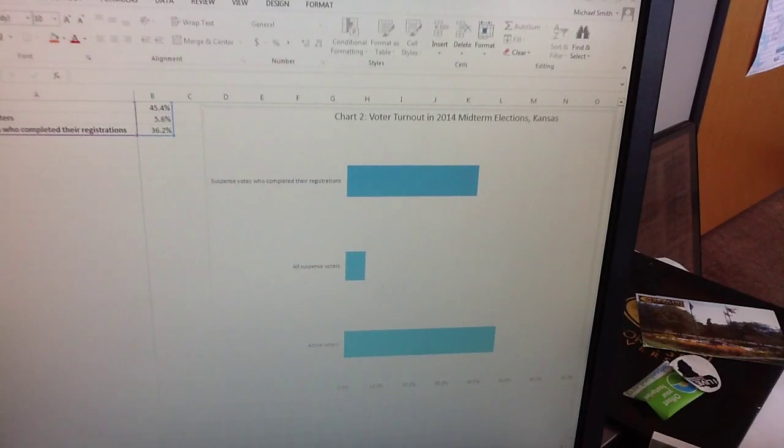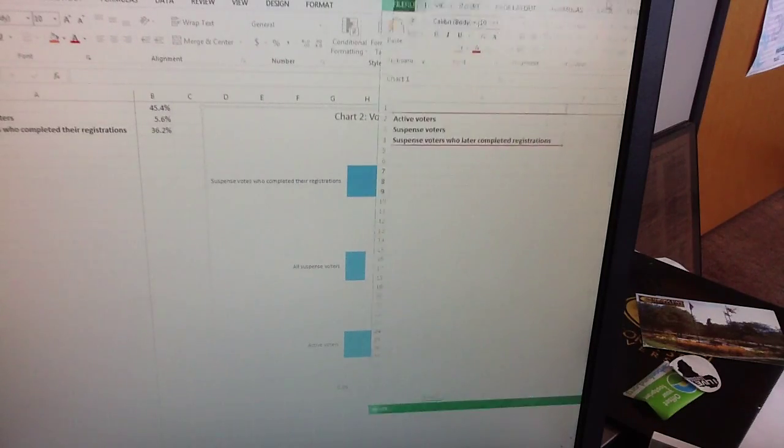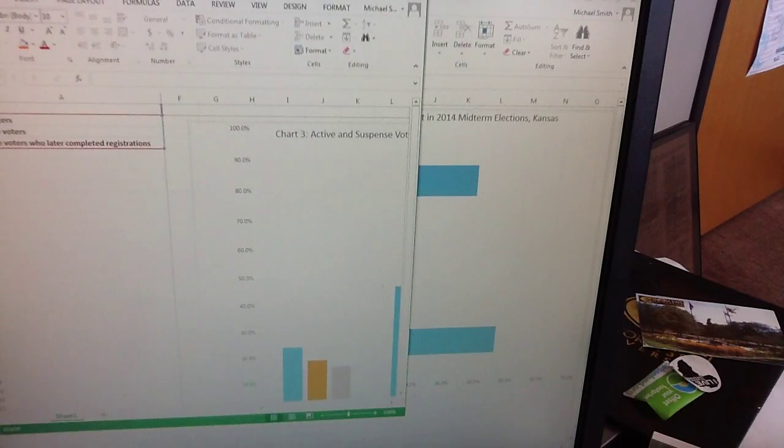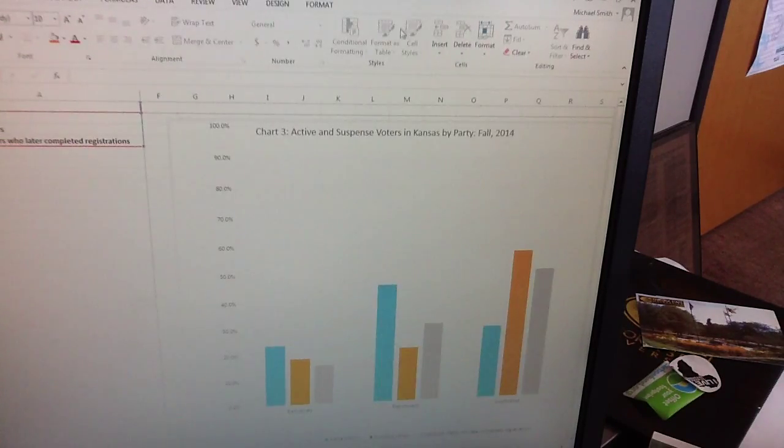The next part of our project was to look at differences in party registration, and I think you'll find that those differences are really quite striking. Let me show you that next. Here it comes. There we go. Over here, you'll see the percentage Democrats with the blue bar